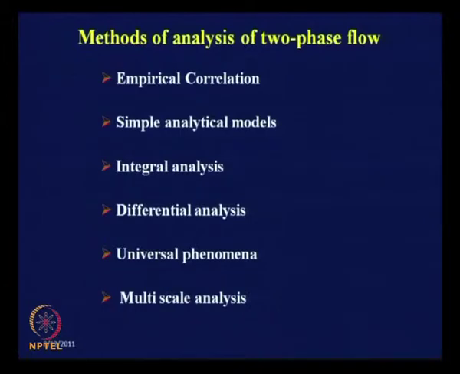Now, what are the main advantages of empirical correlation? Firstly, the main advantage is it is very simple to use, and the other thing is, without understanding the physics, more or less we can use it within a particular range of application. Whenever you use an empirical correlation, you will see there is a range of application which is given. Quite natural, beyond the range the physics changes, so the same particular correlation cannot be used. So, therefore, the main advantages of using this are, firstly it is easy to use, and secondly this can be quite accurate within the limits under which this has been developed.